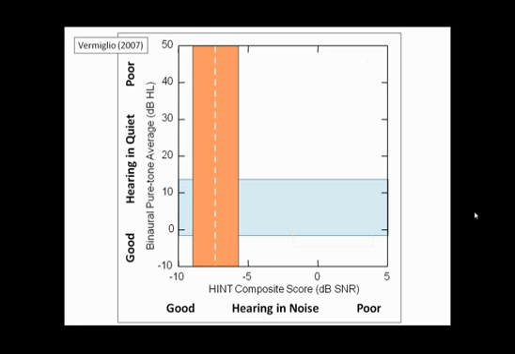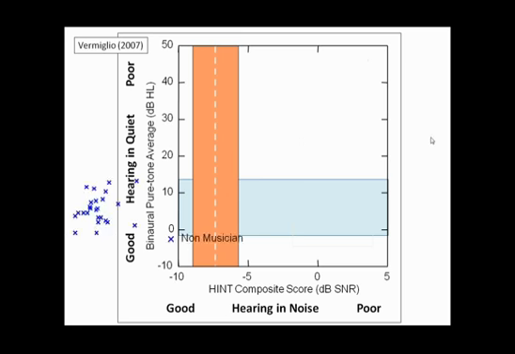This is the range of normal for the HINT composite score. The dashed line would represent the 50th percentile. Off to the right would be the 5th percentile. Off to the left would be the 95th percentile. So anything on this side of the shaded region for the HINT norms would represent speech recognition in noise ability